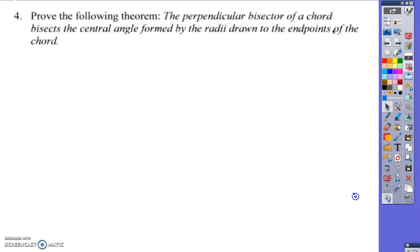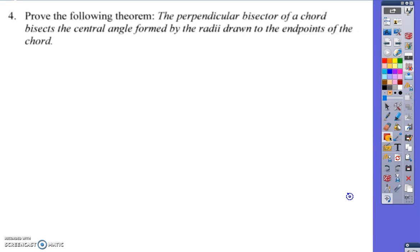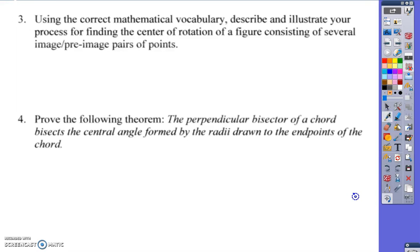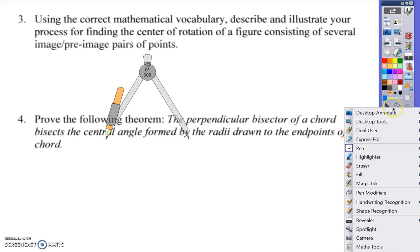I don't know what that means, except for that I do. So we had the vocabulary list you went through yesterday, and there was a really good reason why we did that yesterday. Before I do anything else, I'm going to grab my compass and